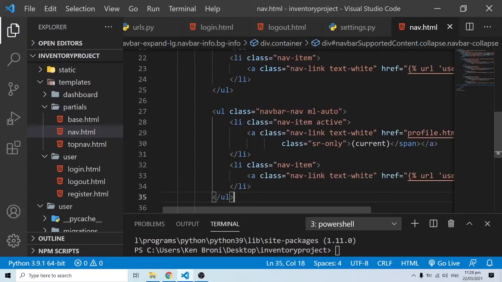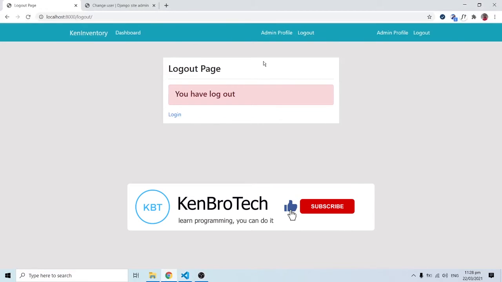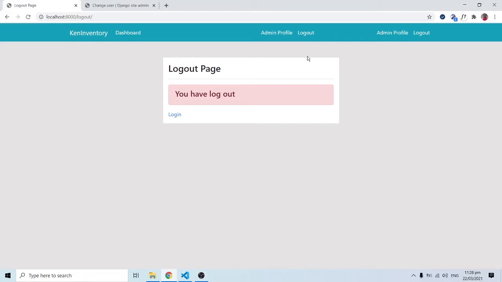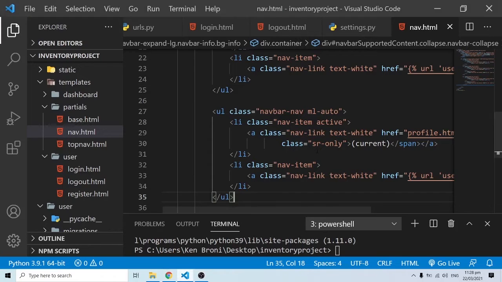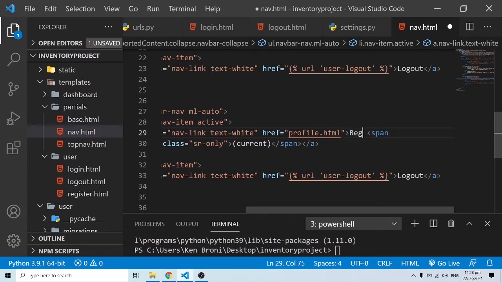Later on, we are going to work with this very well. So by just duplicating, we are just going to have two of these. Remember, we have a register page. We have a logout and a login. So we want to make some of these register and things of that sort. Now, we are going to change this to register. So this is going to be register. And as far as the registration goes, we have this route working for us. So we can do URL and we can do